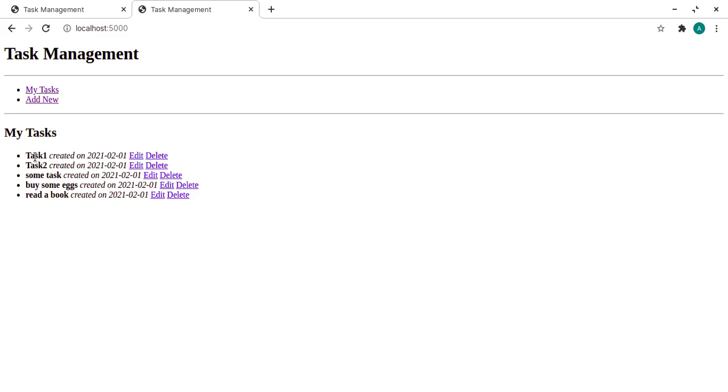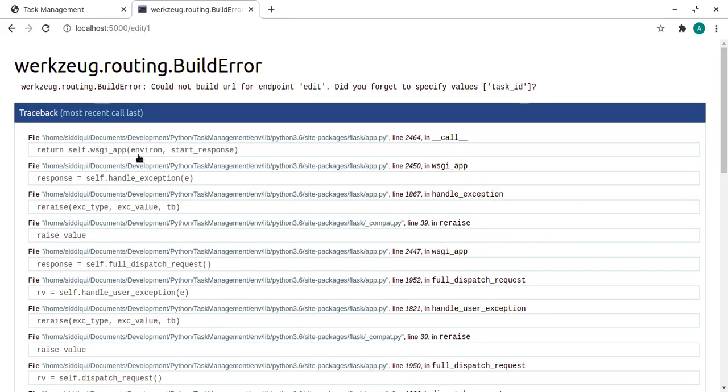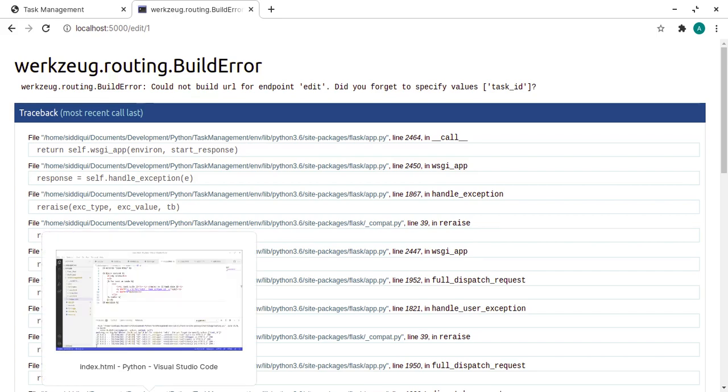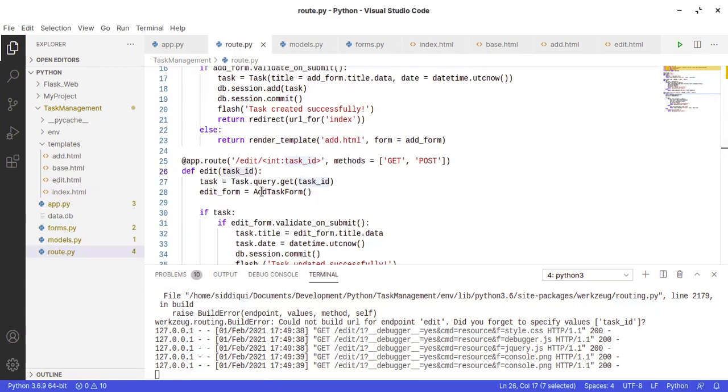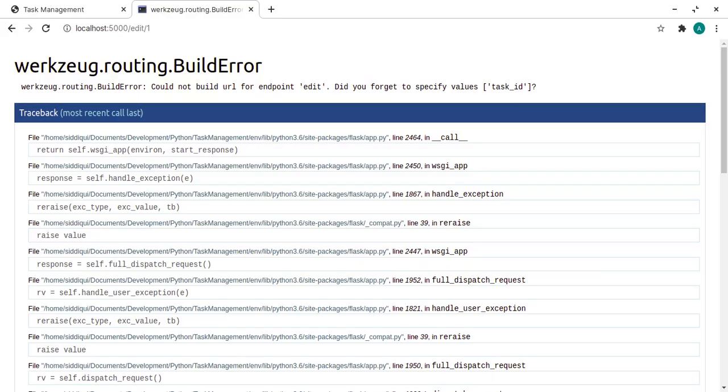Let's try to edit task one. We click here. Another error. Endpoint edit, did you forget? Okay, it can't find it. We have the edit. What is it saying? Cannot build URL for.